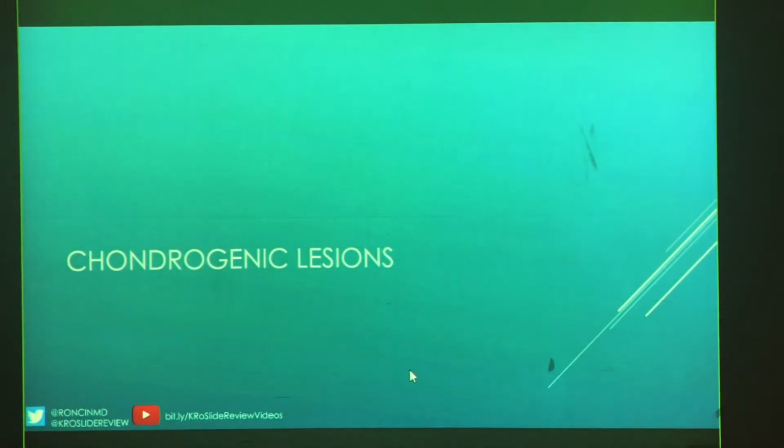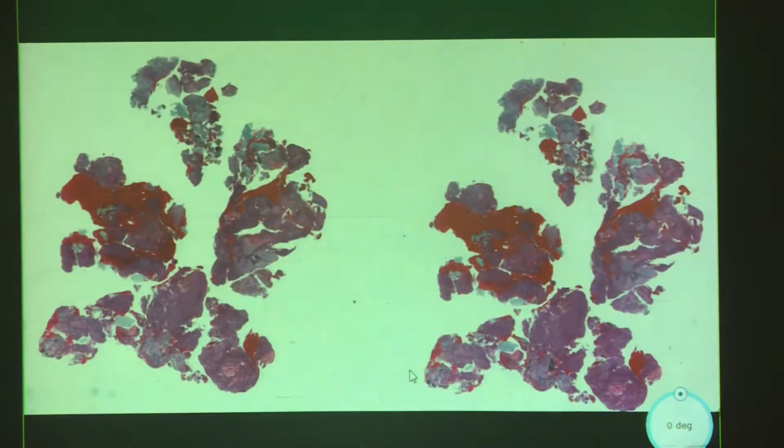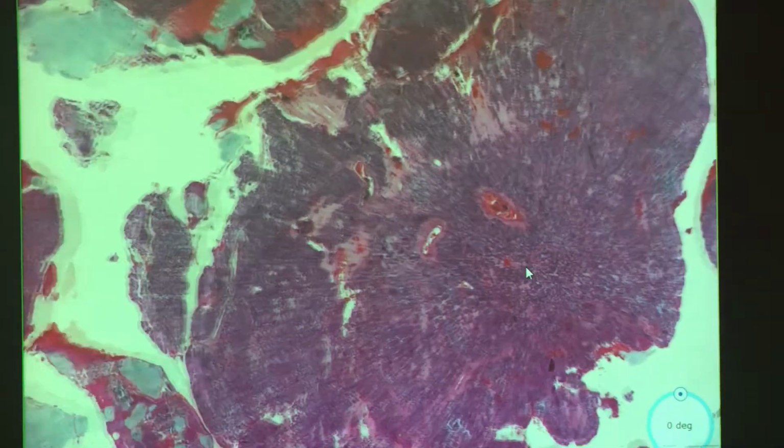So moving on to chondrogenic lesions, this is case 4. In contrast to what we saw in the previous cases, this to me looks a lot more purple. It's not quite pink, it's not quite blue, and we have lots of blood. So we're going to avoid blood and just try to see what looks different here. It's extremely cellular,